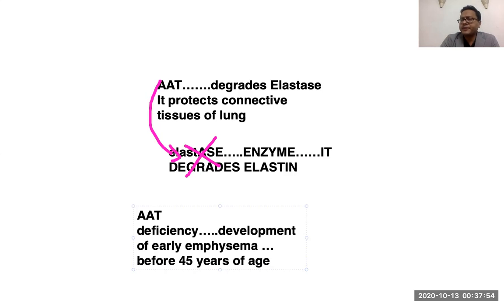What does alpha-1 antitrypsin do? It protects the connective tissue of the lung by destroying elastase. So when alpha-1 antitrypsin deficiency is occurring, they're not reaching the lungs where they're required. Elastase takes the upper hand and destroys elastin, the microarchitectural framework of the lungs,